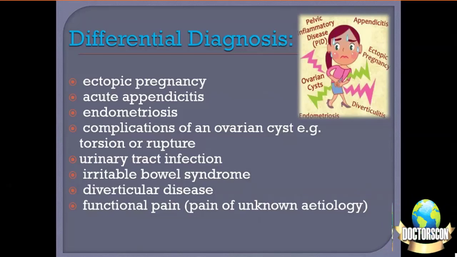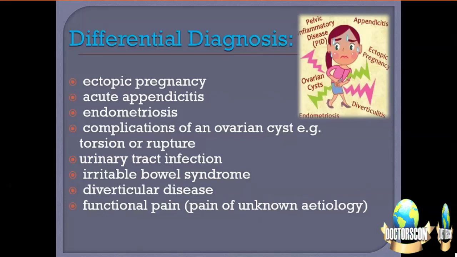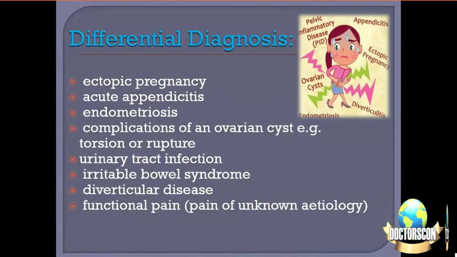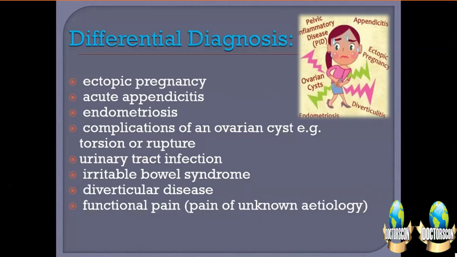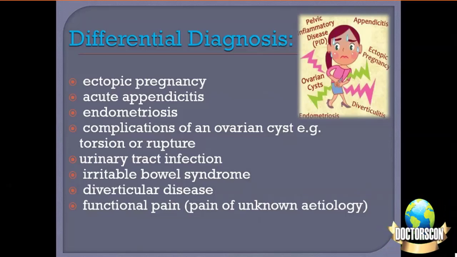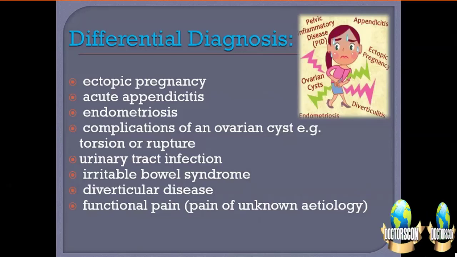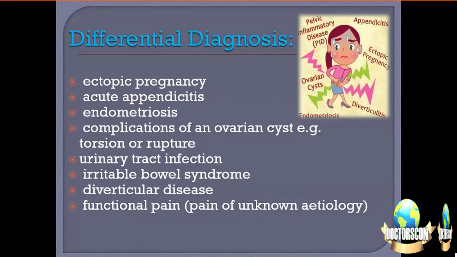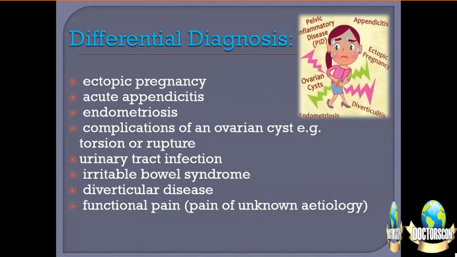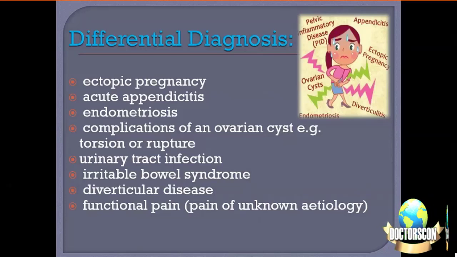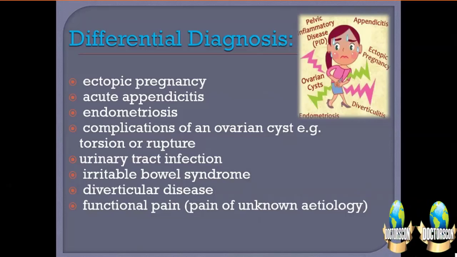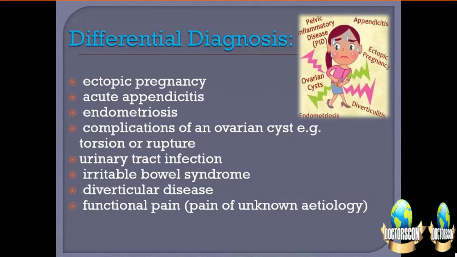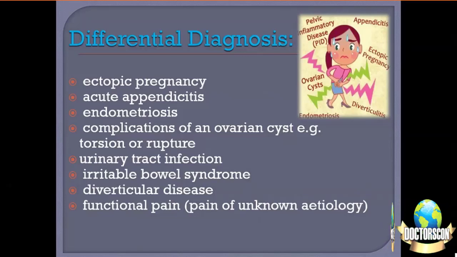However, there has to be a high degree of clinical suspicion to diagnose PID. Therefore, if there is a clinical suspicion, treatment should always be started as early as possible, because if it is not done, it can lead to serious damage in terms of fertility and quality of life, leading to chronic pelvic pain and ectopic pregnancy. Because of this and the lack of definitive diagnostic criteria, there should be a low threshold for empirical treatment of PID, which should be started as early as the patient is suspected of having this condition.